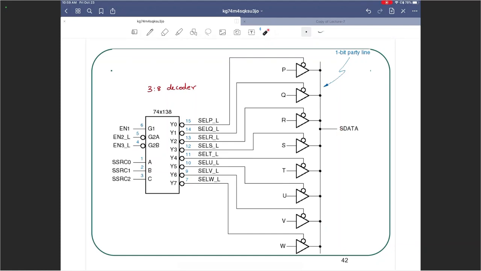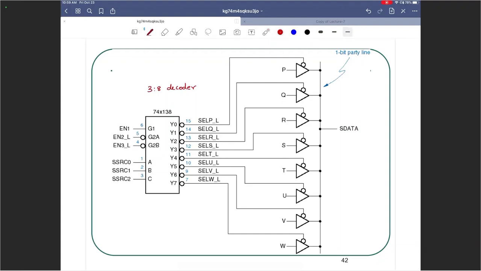They're all trying to write the same thing, maybe at the same time. Now, I hope you see that kind of sharing in terms of writing to one common wire. In our case, it's a 1-bit party line. It is going to have problems, right? What if this input R is trying to write 1 to it, and what if this input S is trying to write 0 to it? What is going to happen? Well, we are going to have a short circuit there. So we cannot allow multiple